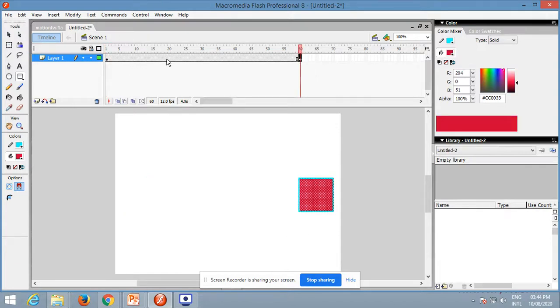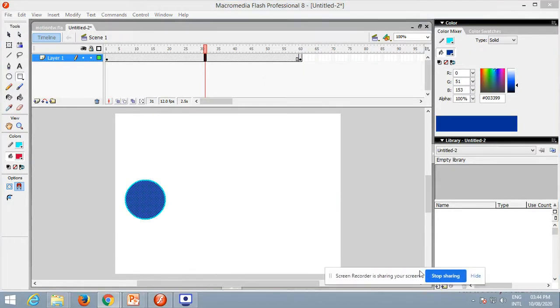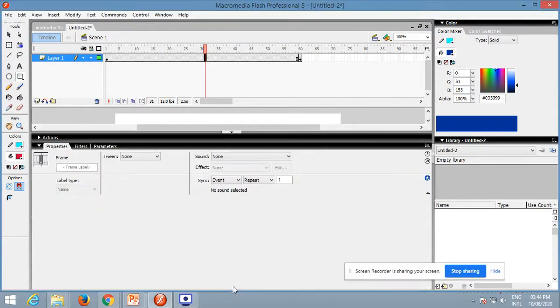Means during this frames we want to change from circle to rectangle. Now for giving the shape tween, just left click here, then go to this property, that is arrow, and click the properties. See, there is one tween option. By default it is none. Just select the shape tween.